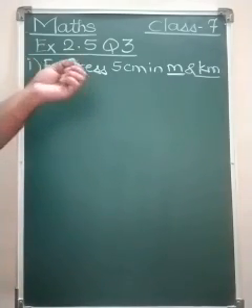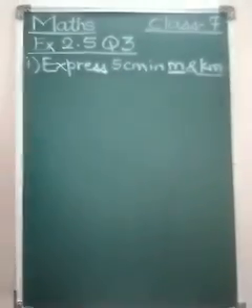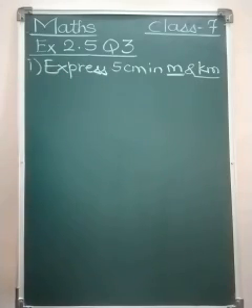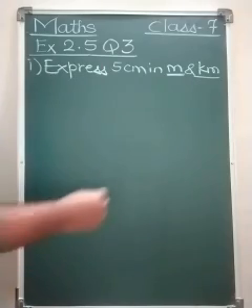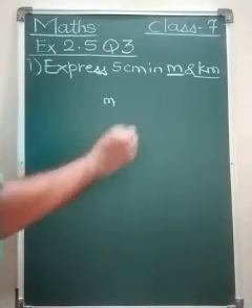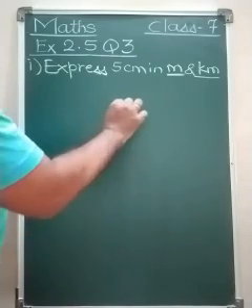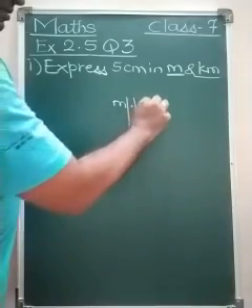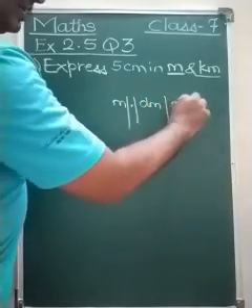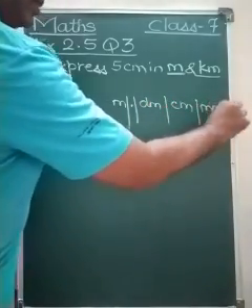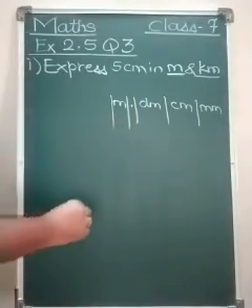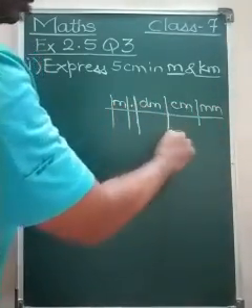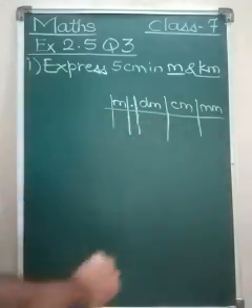Somewhat of that kind of sum we have here, but here we have to express in decimal form. Before going, first we will recall that knowledge. Here we have meter, then we have a decimal point, then we have decimeter, centimeter, and millimeter. I would request you, as you are watching the video, to write this down in your notebook, most probably on the last page.